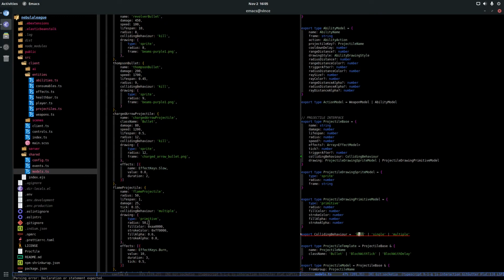Collide behavior kill. I think the names are not that bad actually. Because kill, what happens when it collides? Kill. What happens when it collides single? Yeah, single is so bad.